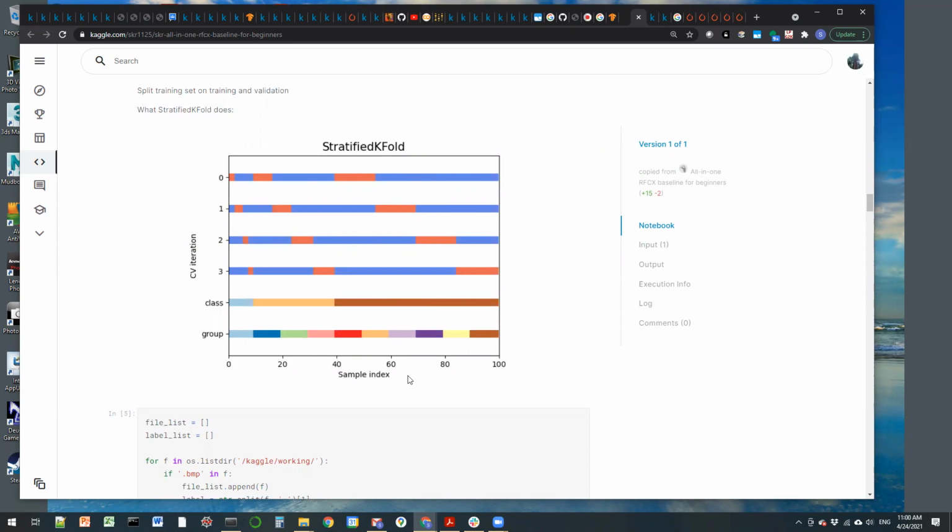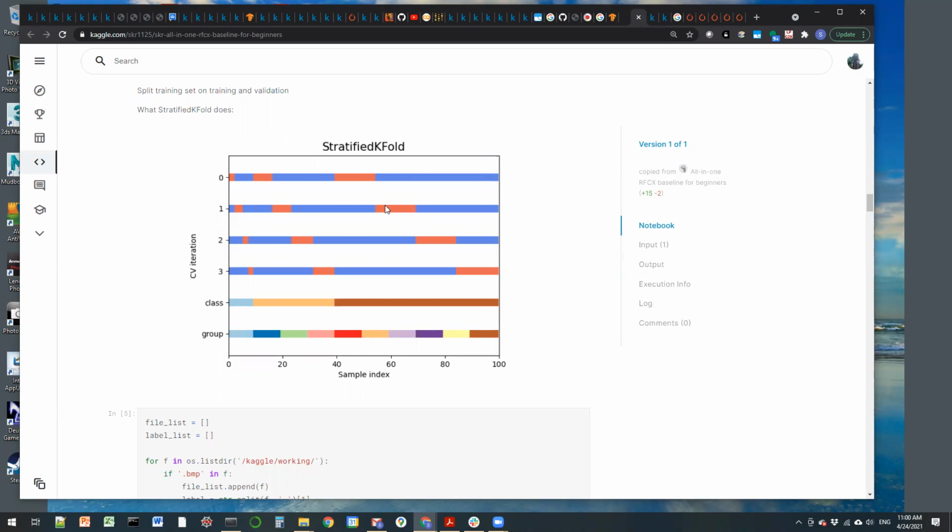There's another notebook which just enhances this notebook to apply stratified k-fold. And it is the right thing to do, because if you were to actually run this notebook, train it, and then run it on the test data, you're likely to get more variation than if you had done it with stratified k-fold, because stratified k-fold stratifies the validation data